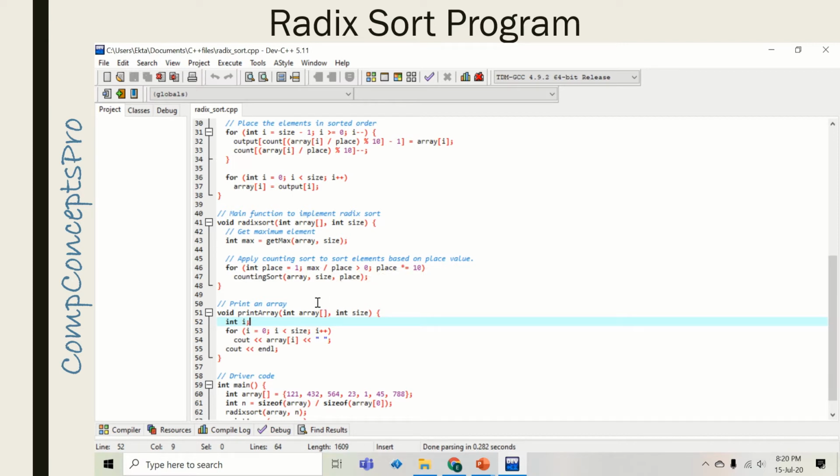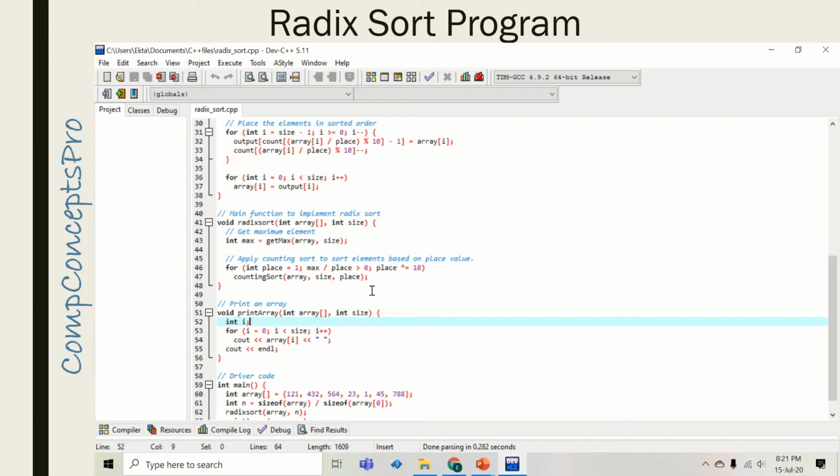Now, in the first iteration, this place will denote the digit at ones place. Then this condition will be checked. So, max divided by place means 788 divided by 1, which is 788, which is greater than 0. So this condition will be satisfied and the function counting sort will be called.